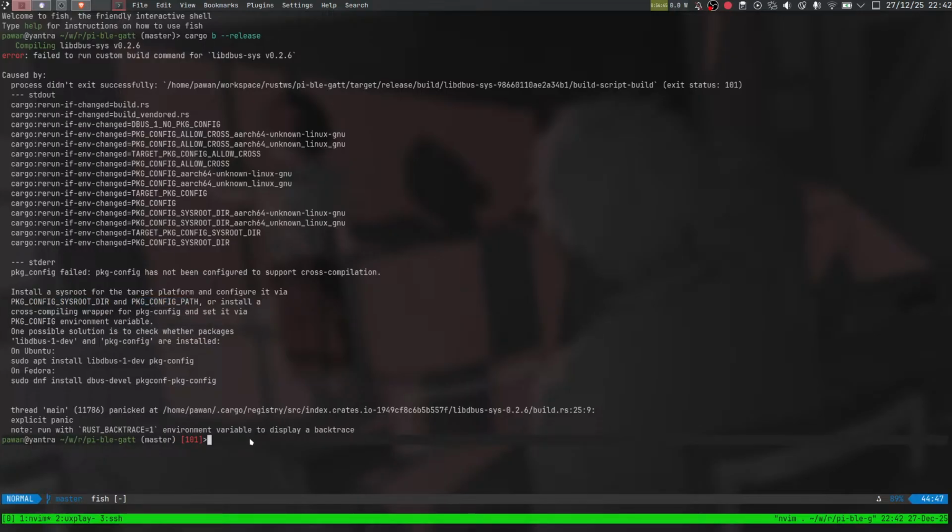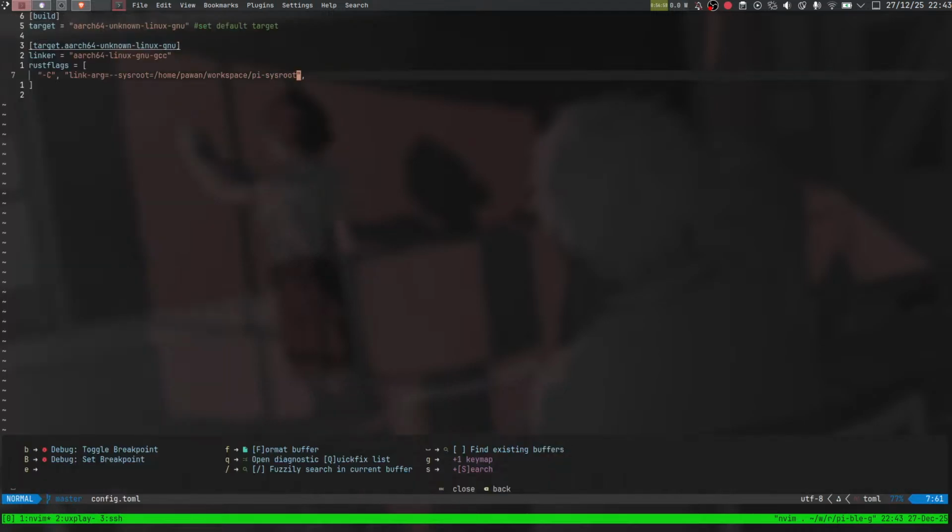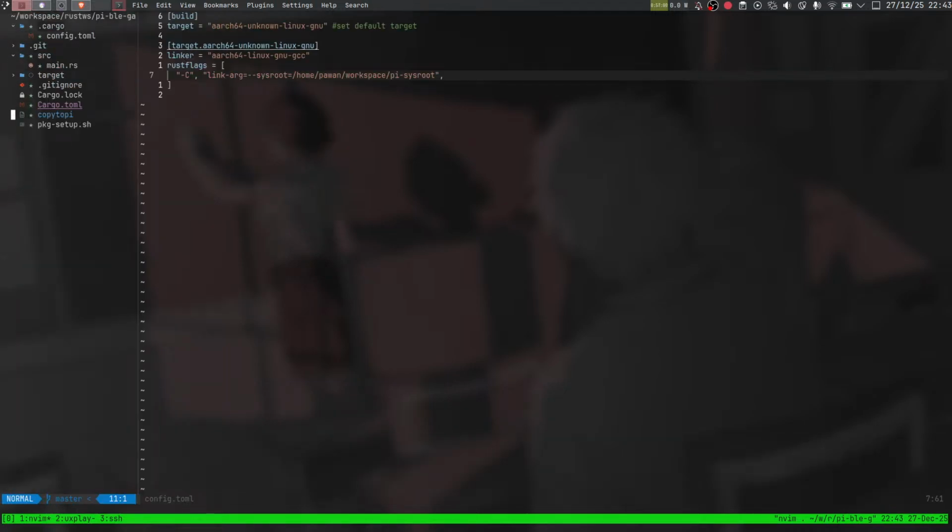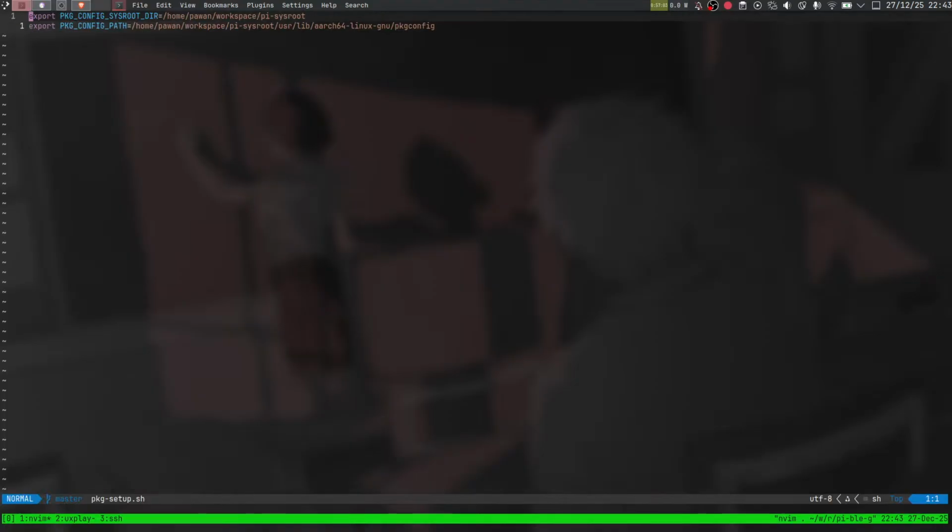You can set them, and it did not work. Why? Let me show you. Can you see this thing? Yeah. So this was the environment variables that needed to be set, the sysroot directory and the pkg config path. It was fine, this is the base directory. For example,